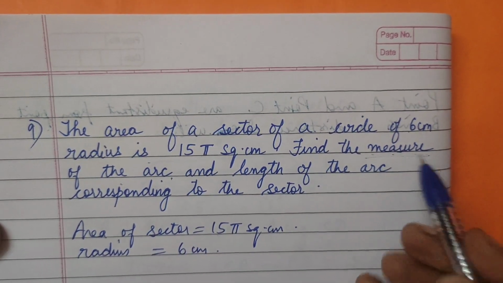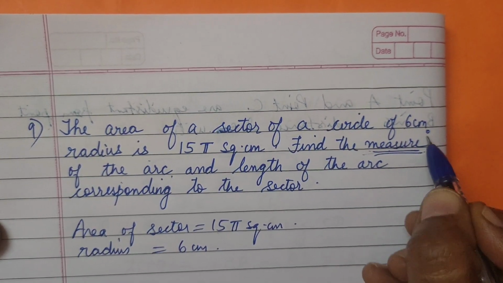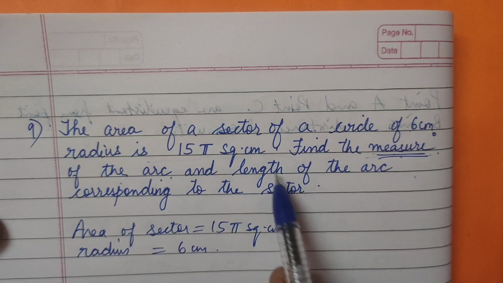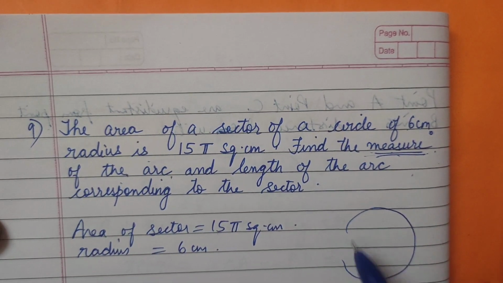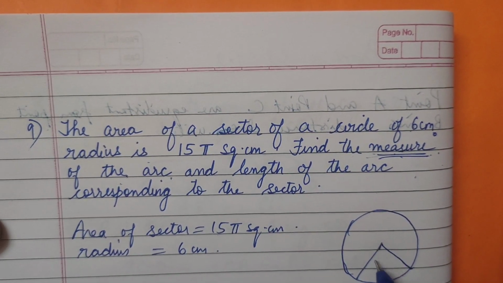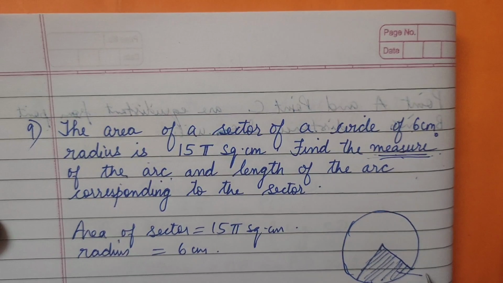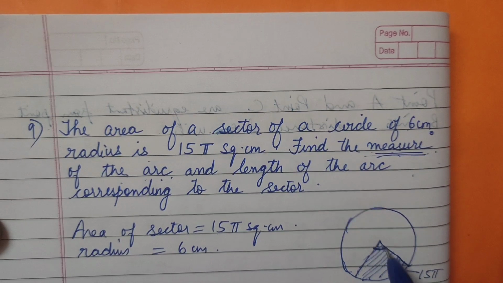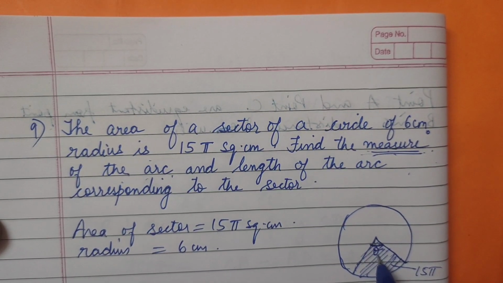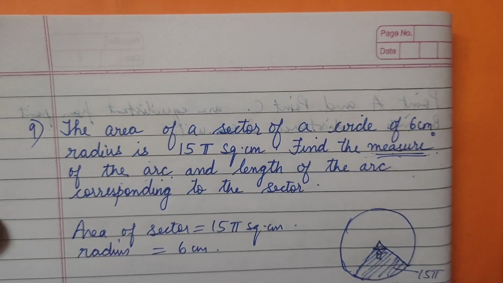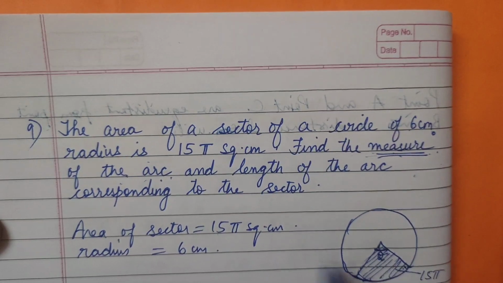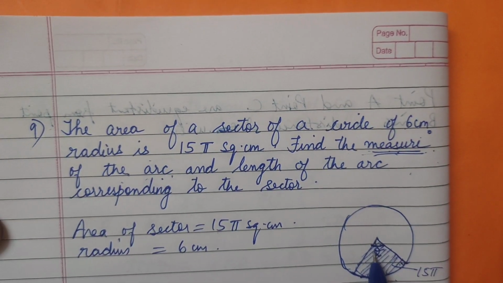See my dear, whenever it is asked for measure, that means degree. Degree is what they are asking. Degree means this is a theta here. Find the measure of the arc. You should know the difference here. The sector is given like this. The area of a sector is how much they have given, 15 pi is given. And they ask find the measure of the arc. Measure of the arc means this theta is how much. The same central angle is equal to the measure of the arc, we say. So if you don't want to confuse, that is nothing but the central angle. What is the degree, what is theta.